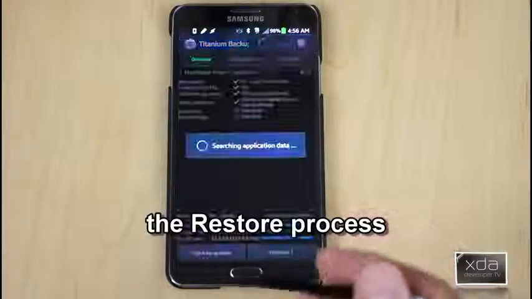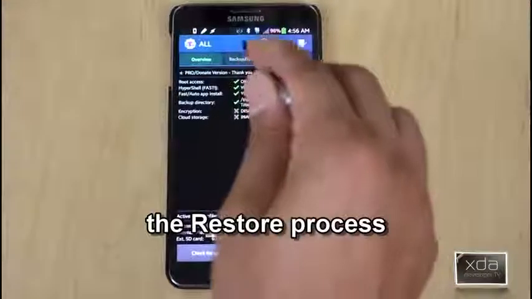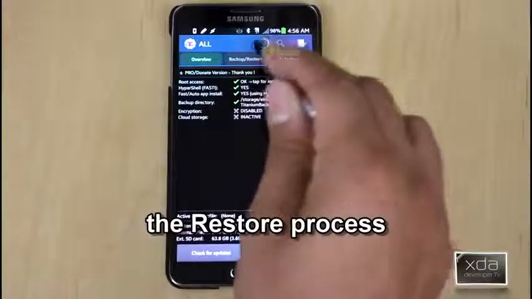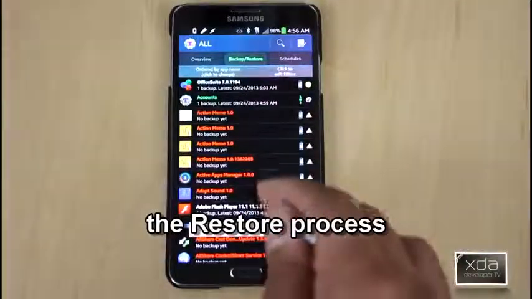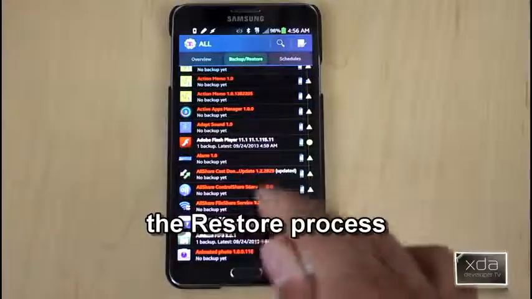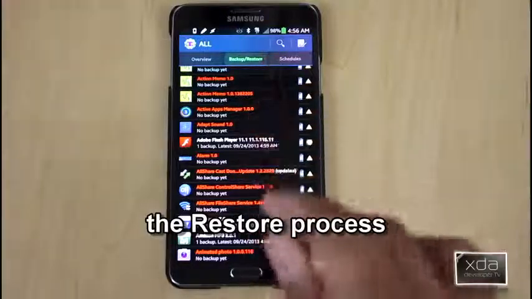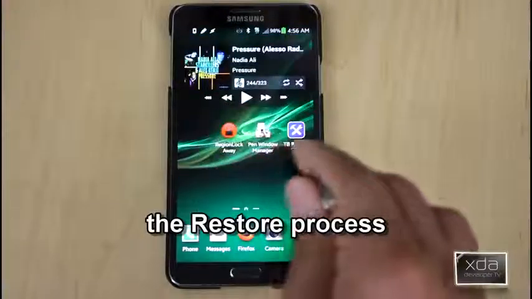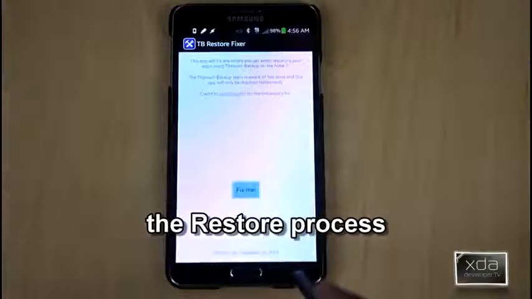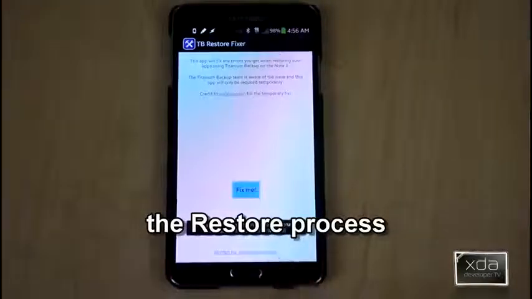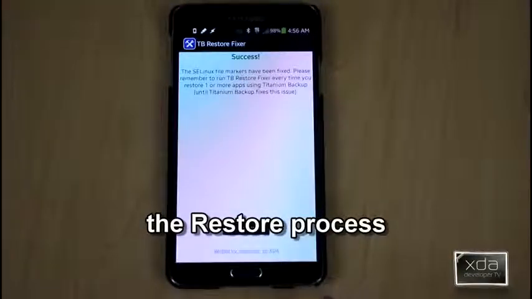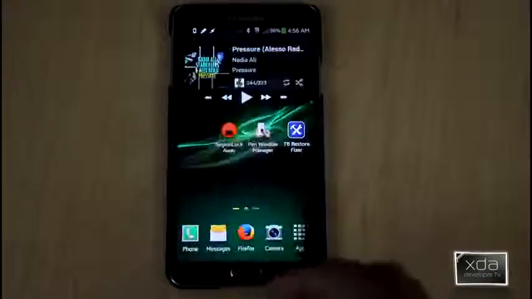So when you're running the backup and starting the process, you go into Titanium Backup. You can either do a batch or scheduled backup, and you run the backup, starting it from Titanium Backup. Once it starts, you immediately go into the application and say fix me. Once this is done, the restore goes correctly. If you're doing this on a batch, this will work. If you're doing it on a single restore, it will work as well. And then once we're all done,